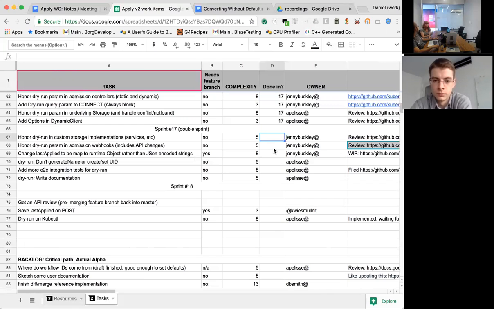Mm. Maybe that's a good principle. We could do that for UID too. So what if someone tries to use that value, does the server reject it? It would reject that value unless it's a dry run, and it accepts that value in the validation. Well, you can't send stuff in UID anyway. But for something like cluster IP, where the user can specify it, or it can be generated. So yeah, for that we'd have to